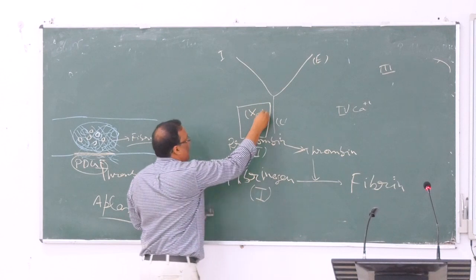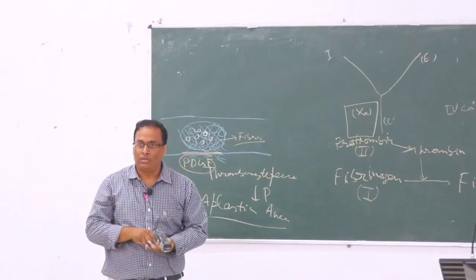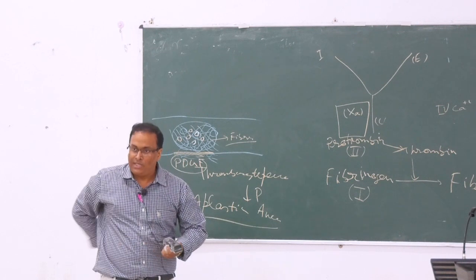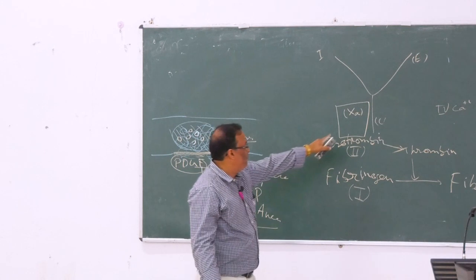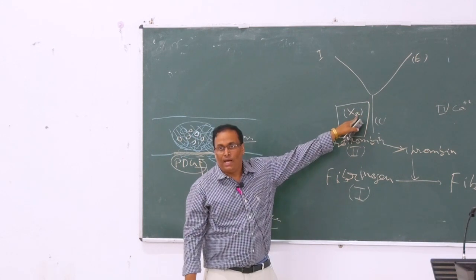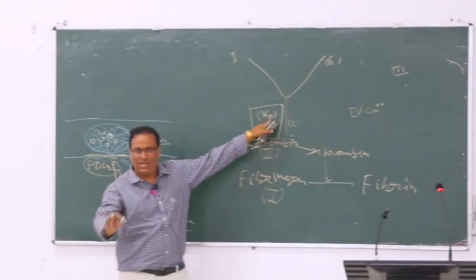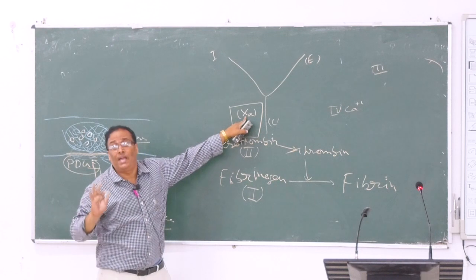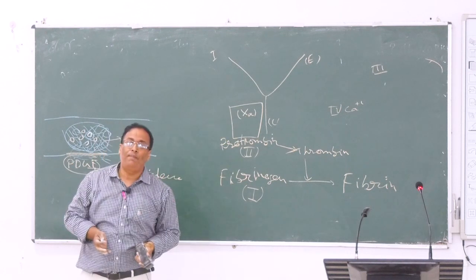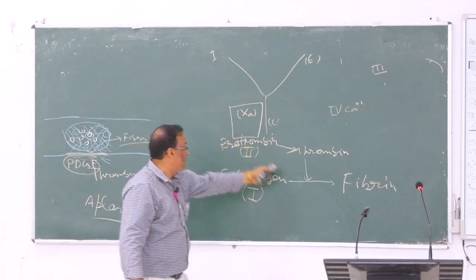প্রথম বিনকে অ্যাক্টিভেট করলো XA, এটা কে? মেসি, চিনিস তো? হ্যাঁ, কি থাকে জার্সিতে? 10 থাকে না? আমি এখানে কি লিখলাম? এ লিখেছি একটা। এ মিনস অ্যাক্টিভেটেড ফ্যাক্টর 10। ফ্যাক্টর 10 এর নাম হচ্ছে, মনে রাখার দরকার নেই, স্টুয়ার্ট পাওয়ার ফ্যাক্টর, দরকার নেই। ফ্যাক্টর 10, তো ফ্যাক্টর 10 is a pivotal role to formation of fibrin,